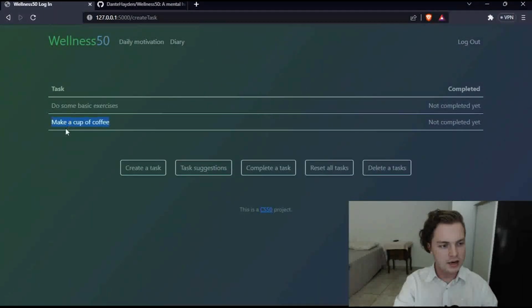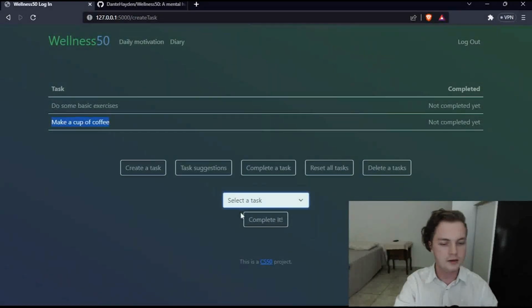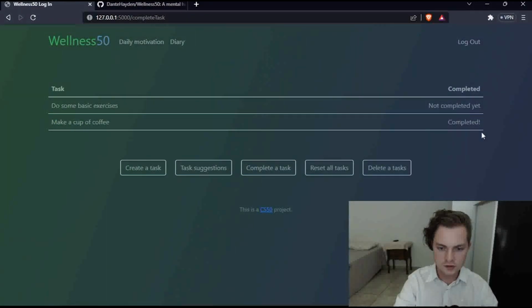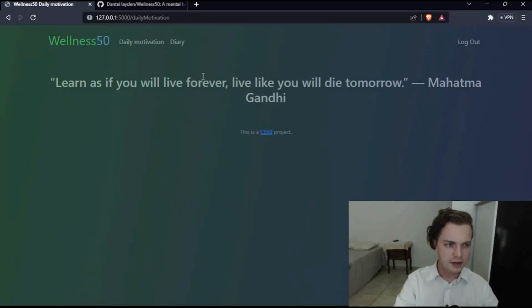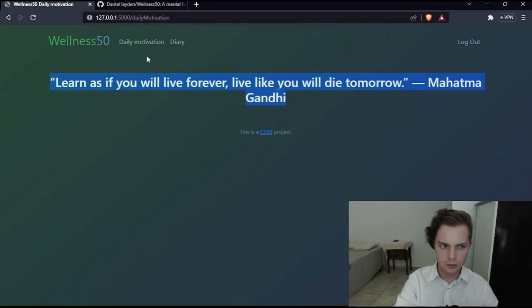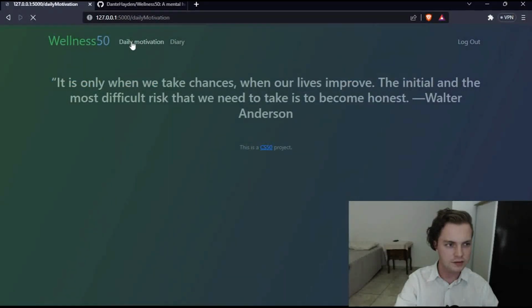So here I just added the task of make a cup of coffee, and let's say I've completed this task. I can just come here on completed task and complete it. Pretty simple. I can also reset every task back again to the state of not being completed, and I can also delete the tasks. Here I have daily motivation, which is a motivational quote that changes every time I refresh the page,